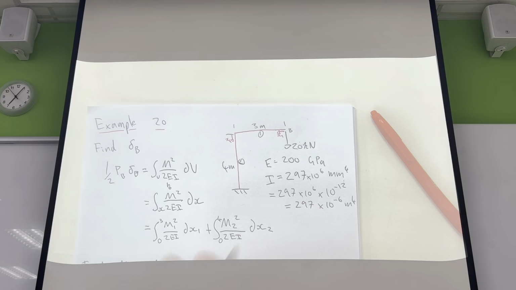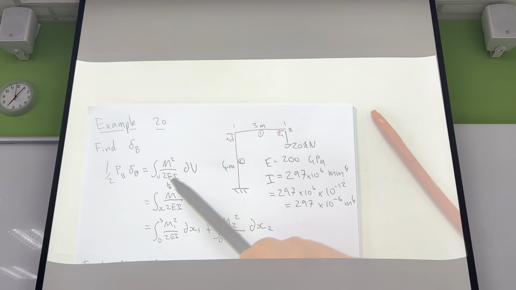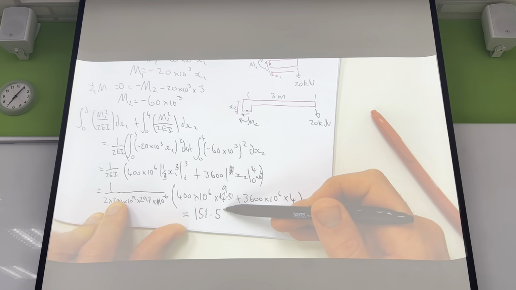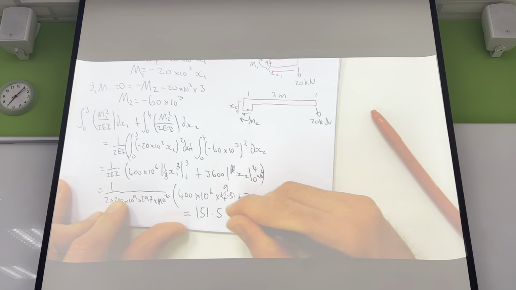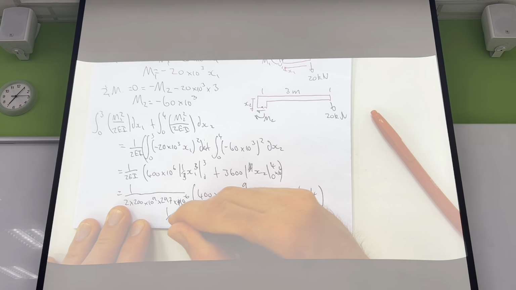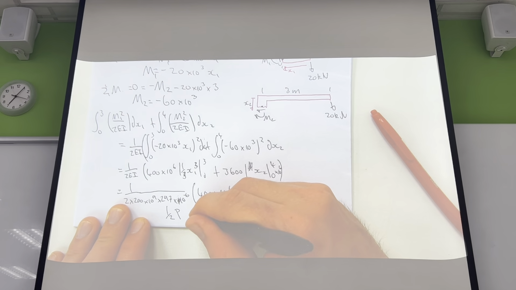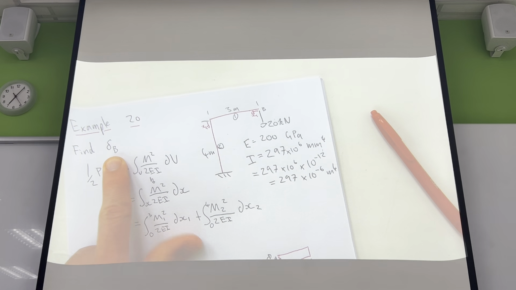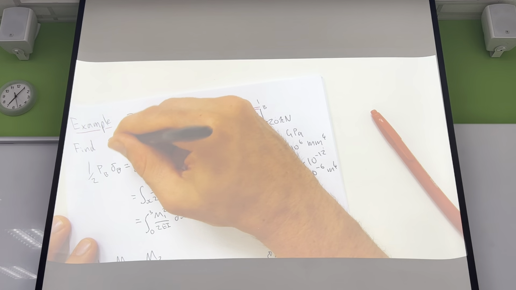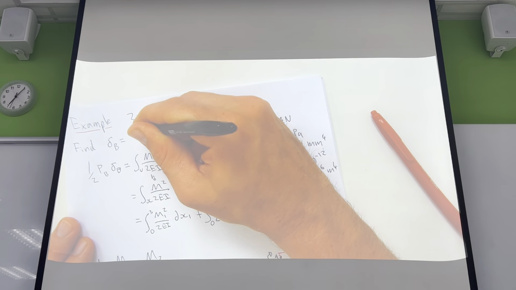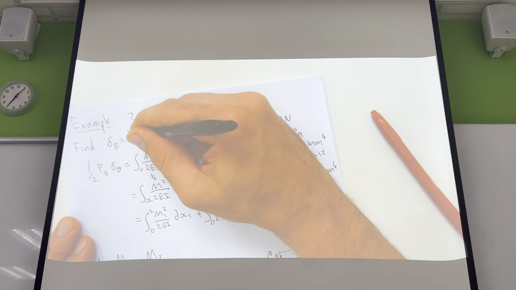So remember what we were saying: the work done on the system is equal to the strain energy. So if this is energy, what's the unit of energy? Joules, because we've used all SI units. But we also know that that's equal to half the load times deflection. We're looking to find deflection. So this is just going to be 151.5 divided by